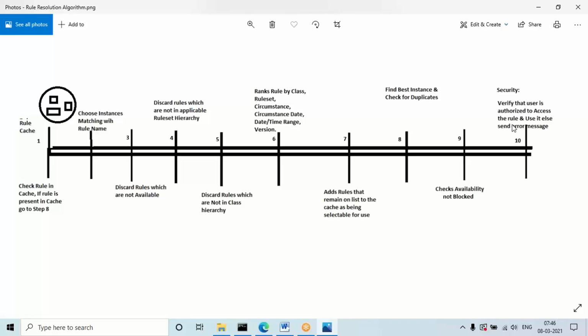Suppose, for example, you take a UI design, and when you map it in the flow, it will check all these things. Not only for one particular rule, for every rule this criteria will apply in the background, or this algorithm will apply for each and every rule we create in the application. All these steps will apply for each and every rule in the backend. So finally, if a rule is not blocked, it will be available for usage in the runtime.